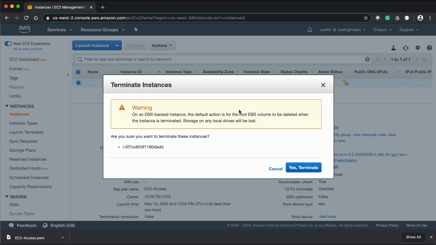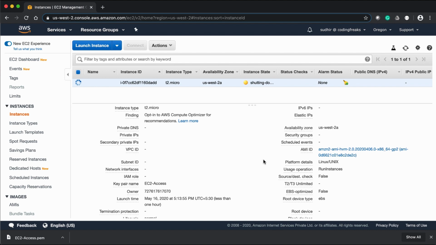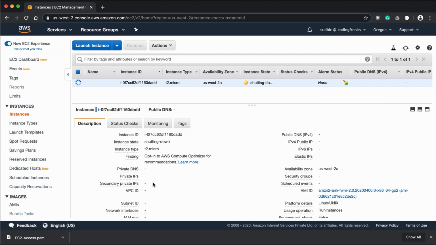It is not required that you stop the machine and then terminate. I just wanted to show you that you can stop the instance to save the cost of compute resources when it is not in use, provided the data stored in the EBS volume attached to this EC2 instance is very valuable to you. We are terminating this for now. Click on yes, terminate. Again, this is going to take some time in termination and it will remove all of these things. When you reboot your machine, your public DNS will be changed.